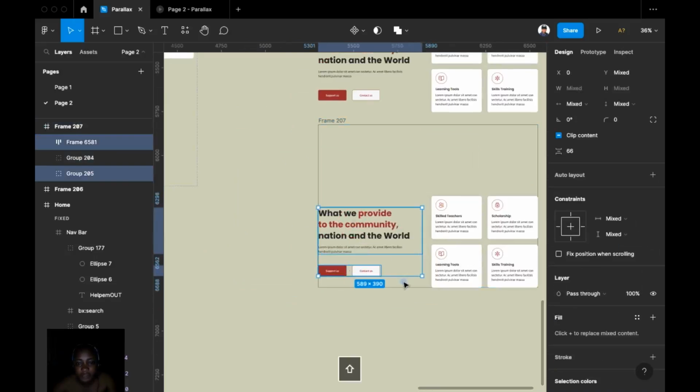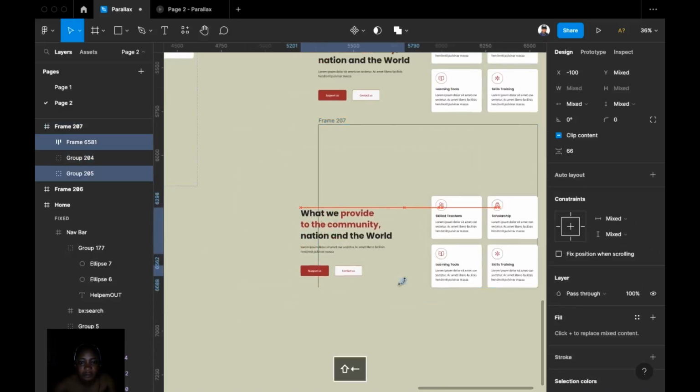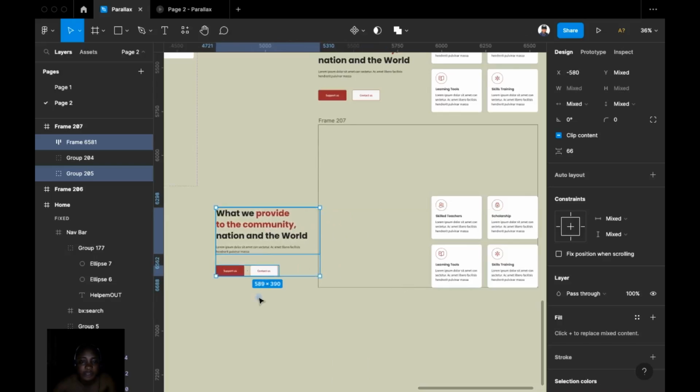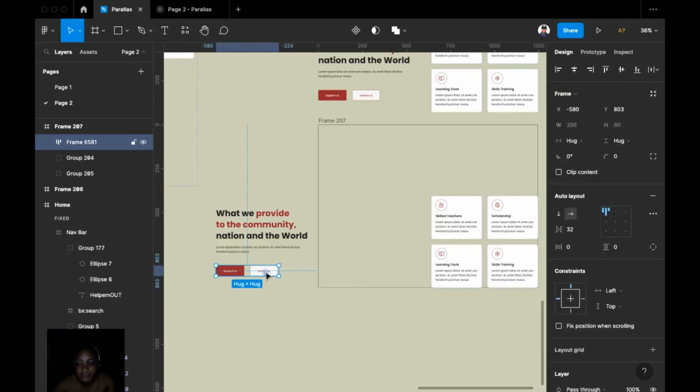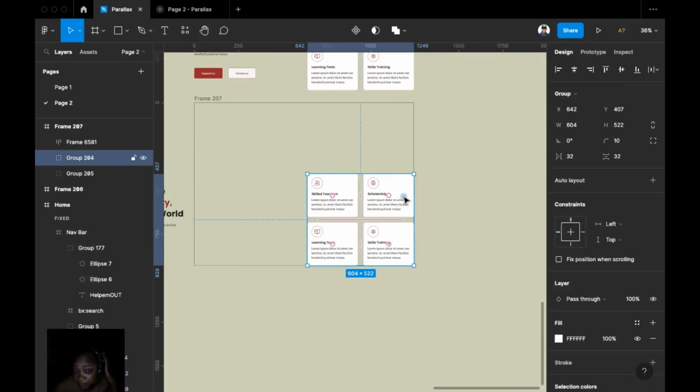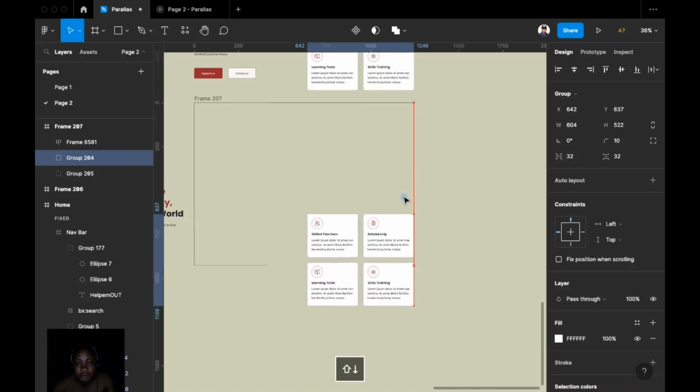So I want this to come from the side, but I want the text to come first. The text will come first, and the button will come last. So I'll need to move it backward a little bit like this. So this content here, I want them to come from the bottom,